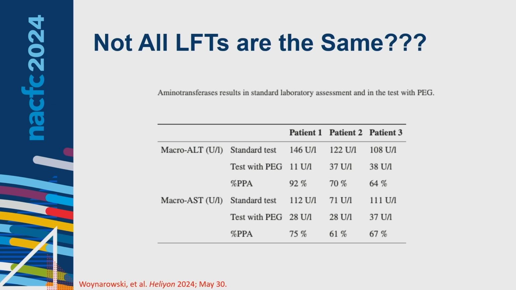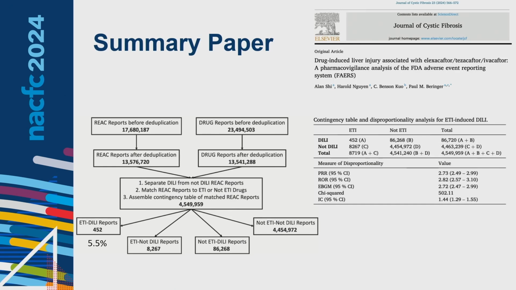Some of you have maybe heard of macroamylasemia. This is when these enzymes get bound to albumin or some other protein, and they just don't clear, and you can see these elevated levels. But when you break it apart and fractionate it, you can see that the levels are actually 11, 37, 38 for ALT, and also normal for your AST. So this isn't going to be something common by any means, but if you do have somebody with really high elevation of their transaminase levels and you can't figure it out, this is something to consider.